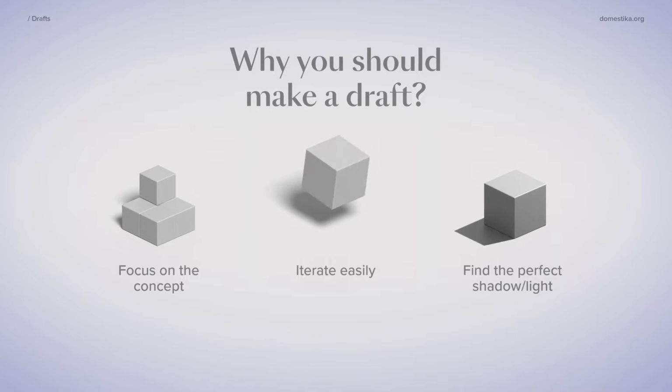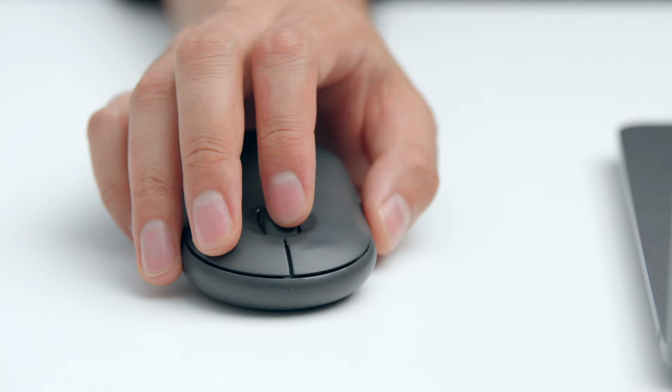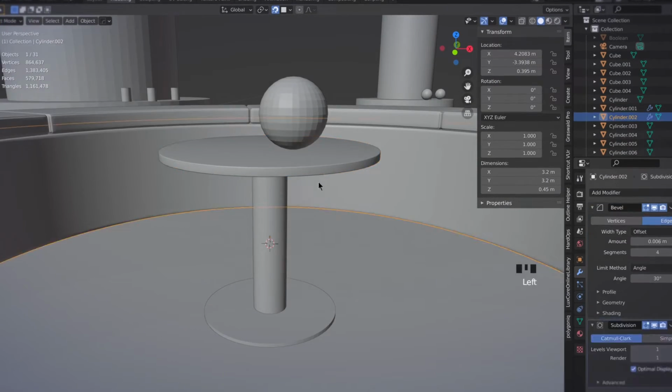Now, let's plan the scene. We are going to make a draft with basic shapes. The next step is to turn on the lights. We will play with shadows and objects to improve your initial idea. And yes, we are going to create some minimalistic furniture.